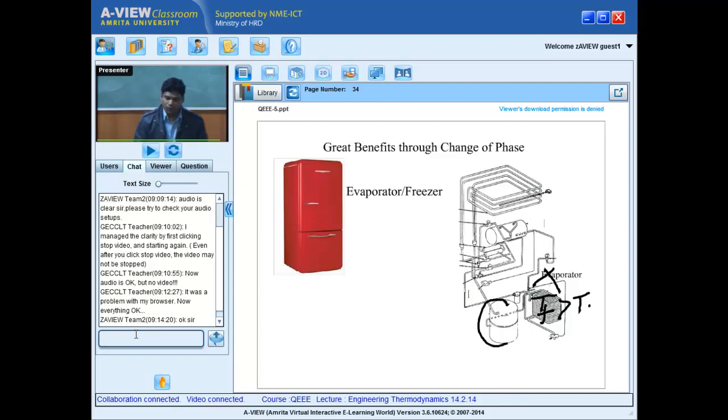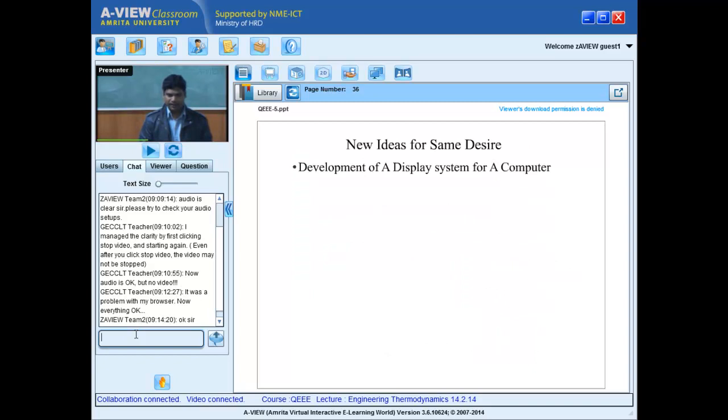And the more you learn about the phases, the more equipment you can create. As I said, you need a compressor extra. That's how there should be continuous learning with the phases. So initially we found that liquid, vapor and solid is enough. I don't want to. Because of which we lost something.